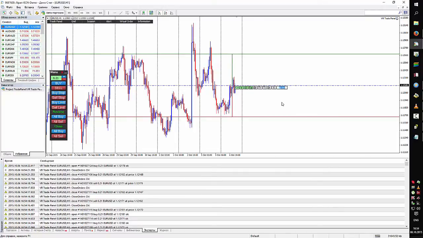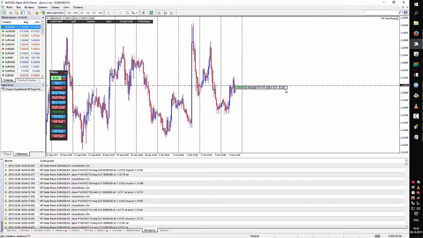Our order is opened with 0.21 lot. We want to close, for example, 0.5 lot. Enter value for closing. Press button close, and now we have 0.16 lot. Let's close 0.6. So we may have a trading